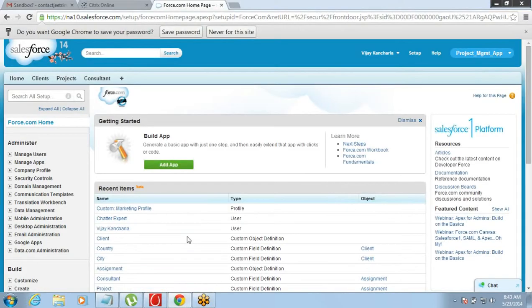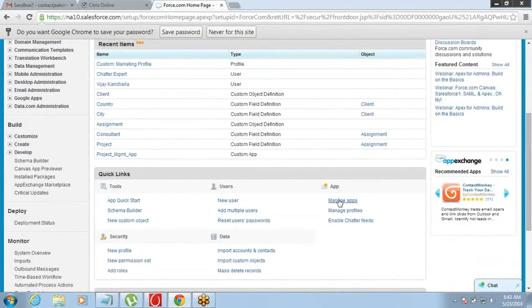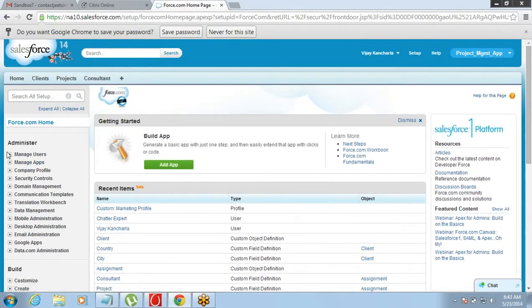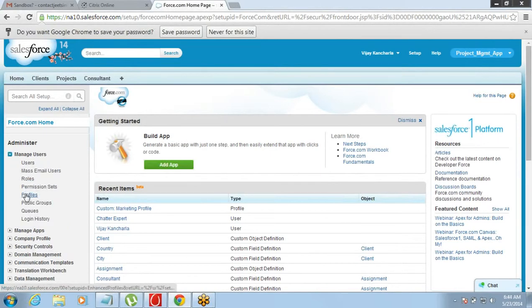Let's go and do this. So this is also on profile. Where do you see profile? Under setup, manage users, profiles.